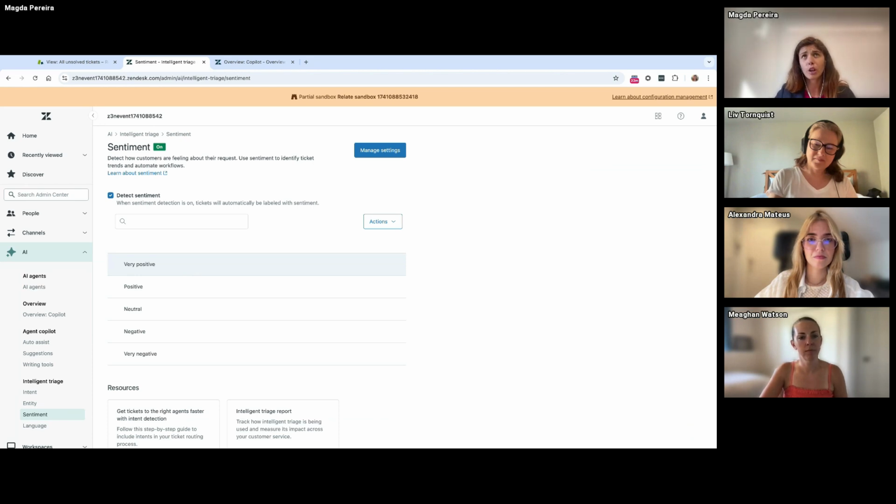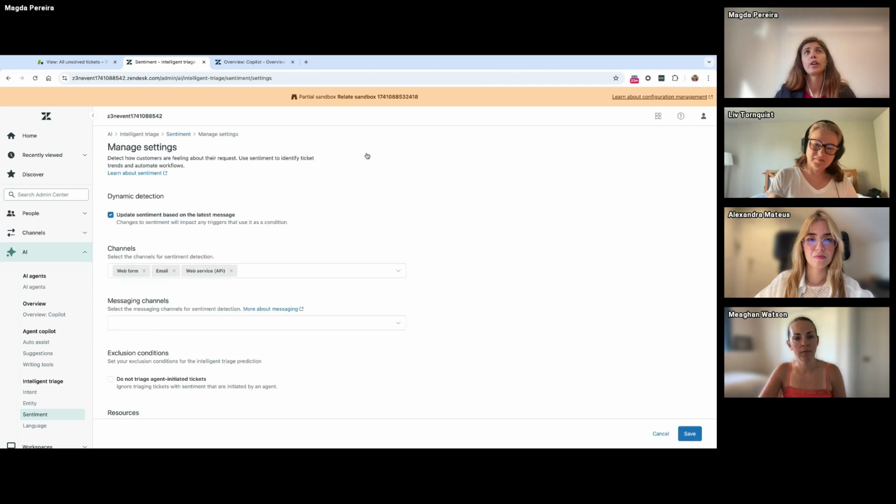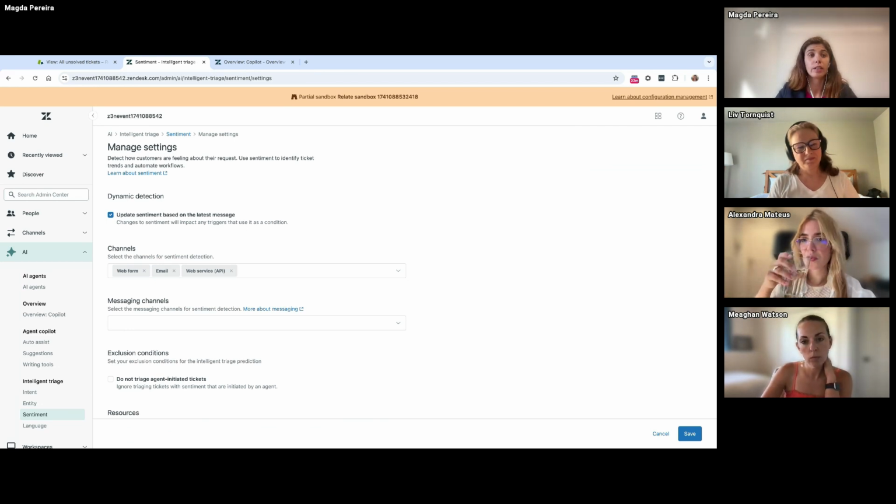So on the sentiment, what I want to show you here, at Relates, we launched the update of the sentiment based on the last message. This is here, okay? And as the name says, whenever the ticket and the conversation goes along with the customer, the sentiment gets updated on the ticket.